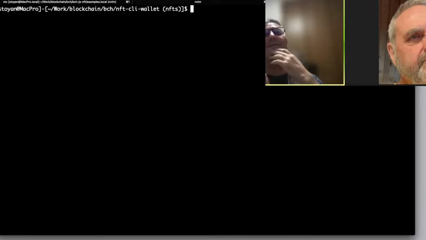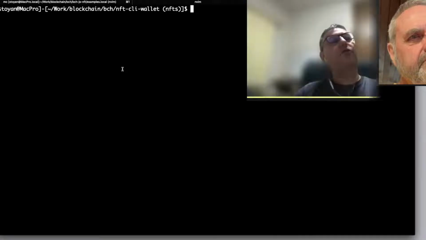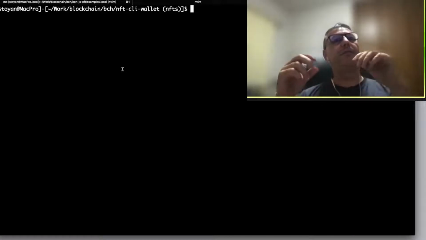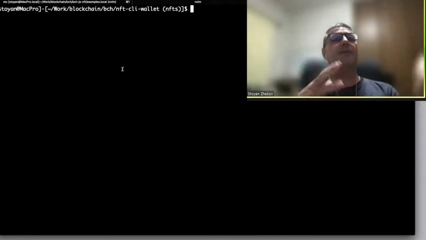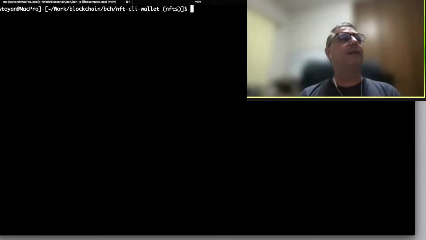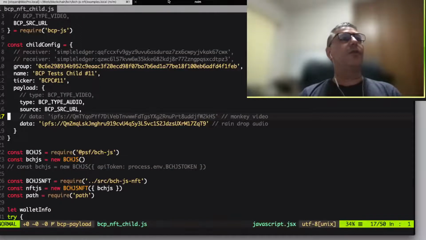There are some implementations, but I don't see anything really working which is using it, and I was also not sure how to do this with BCH.js. Maybe some other libraries already have it, but let me show you.